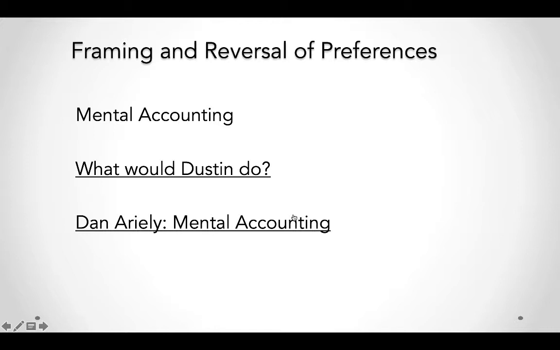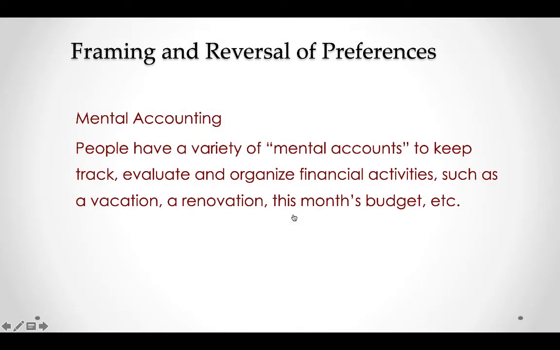In the example Dan Ariely gave, we are forced to make this anomaly all over again because we are keeping money in a savings account that gives us really low yield, and we also have high debt on our credit cards with a much higher interest rate. We're keeping these mental accounts separate, although we should combine them and get rid of the interest that we pay on the credit card. But we're not doing that because of this mental accounting concept. So it is an anomaly, but people do it all the time. Okay, so we're doing this mental budget.